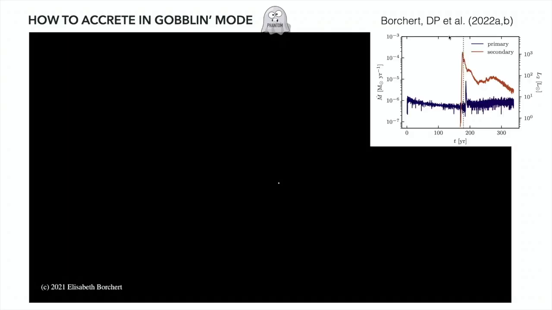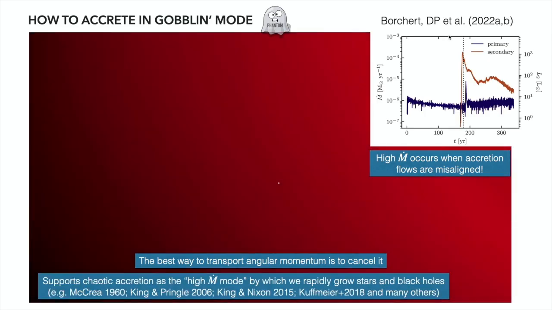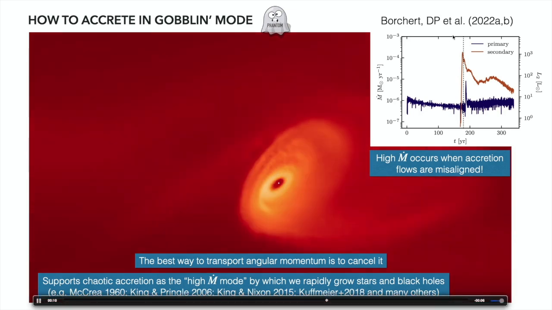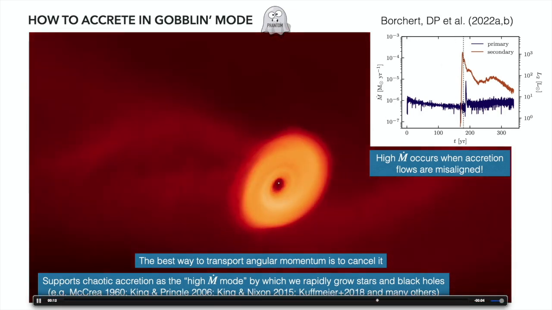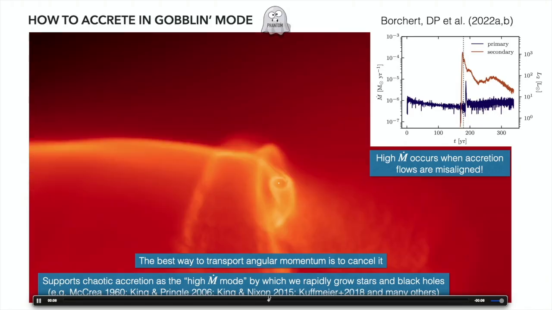All right? But the thing I took away from this, which is more general, is if you look at how the secondary actually accretes the material when it's in this high state. Remember the discussion we had about disks and how much they can accrete. How is the secondary accreting when it's in the high state? The movie plays. I think it's just playing slowly. But there you go. You got the preview of the conclusions. I want to just take you back here. So the high state is basically this.